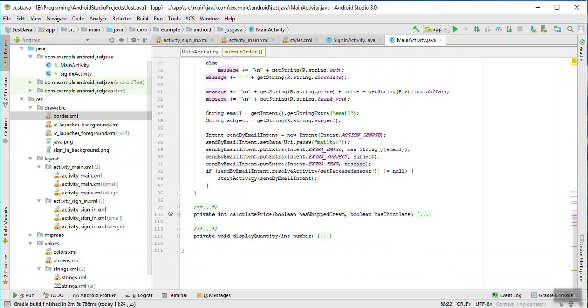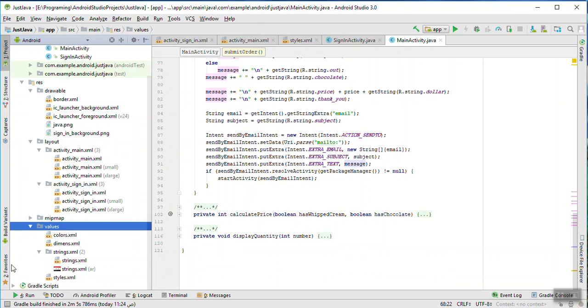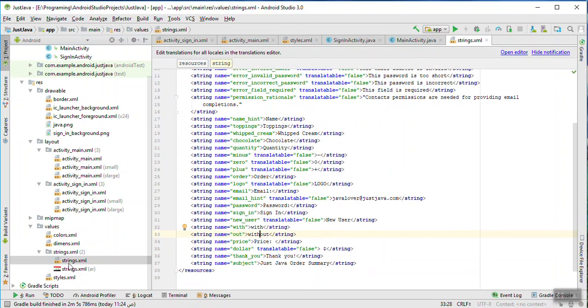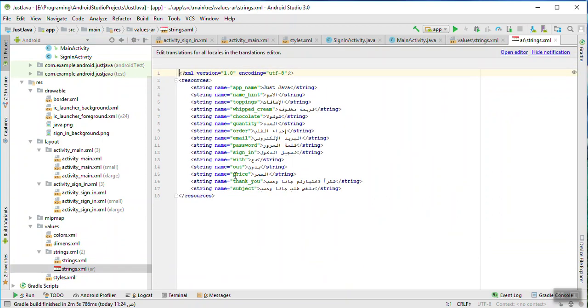Finally, let's look at the values folder. In the resources we have strings.xml. We have two strings files, the default strings file, and a translated strings file to the Arabic. So the application is working in both English by default and Arabic language,